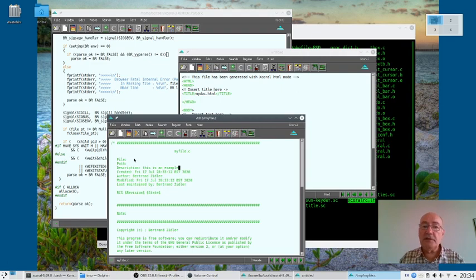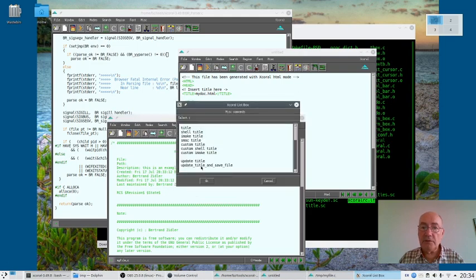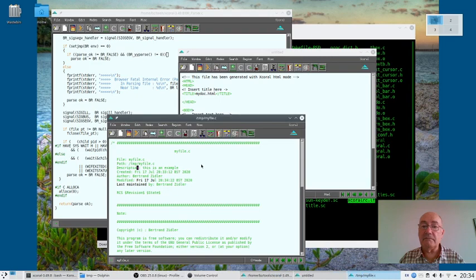But we want to update this file name and path name. So we go back to MISC commands, and we double click on update title and save file. You can see now that the file name is there.